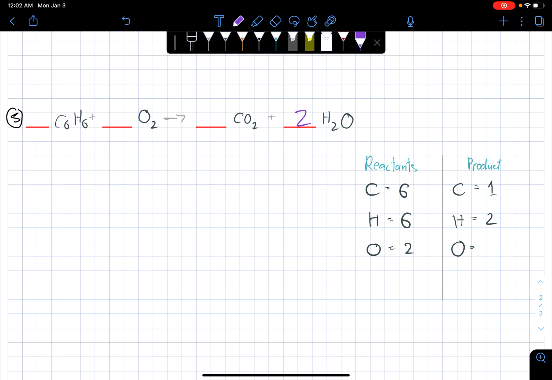In that case, this will be 4. And for oxygen, we have 2. Which, if you add O sub 2, we get 4. For oxygen at the other side,